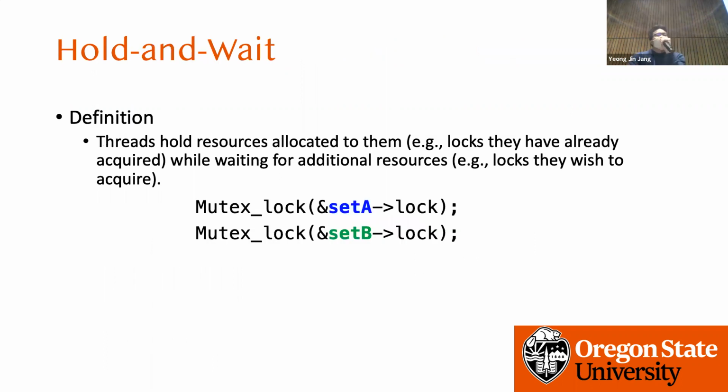And then another case was hold and wait. The definition of that is that one thread may hold one of the locks, and then try to acquire another lock, but it may fail. But if this thread never releases the lock it holds, then all the threads waiting for the lock of set A should wait indefinitely. And then we can remove this kind of situation